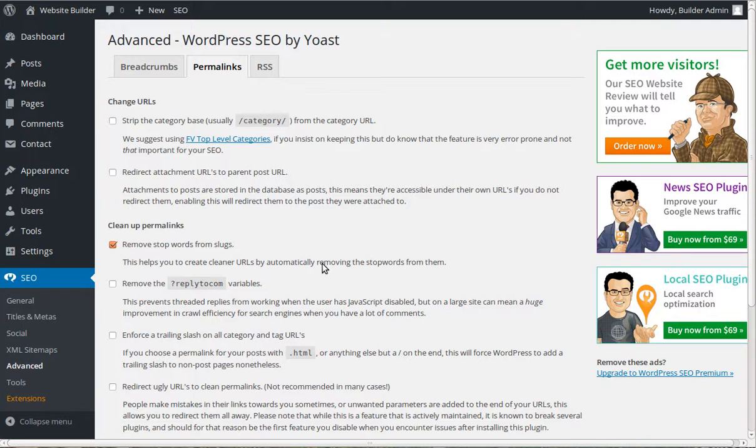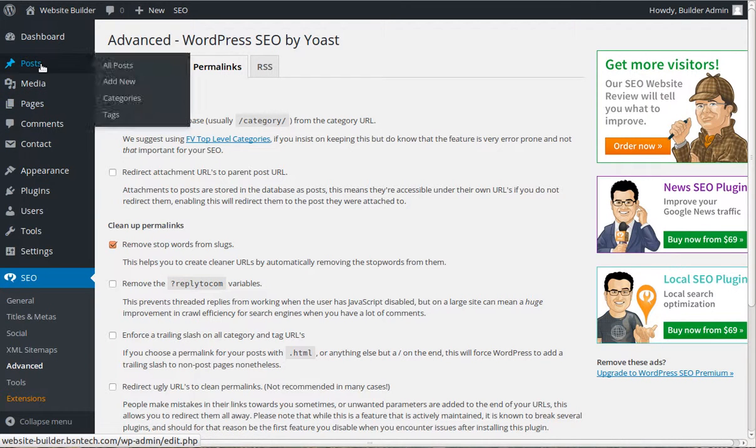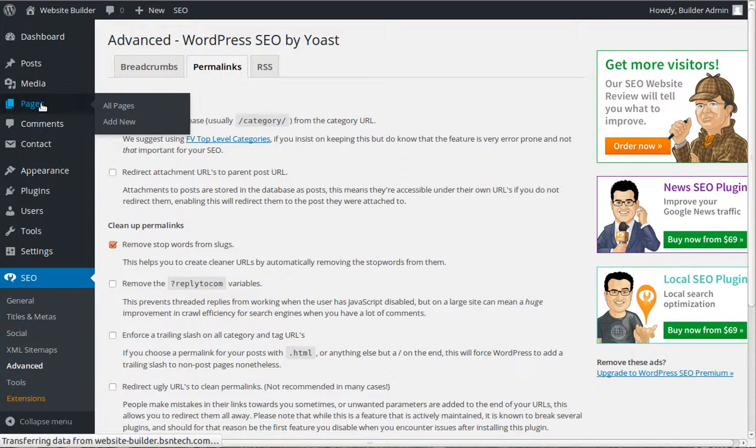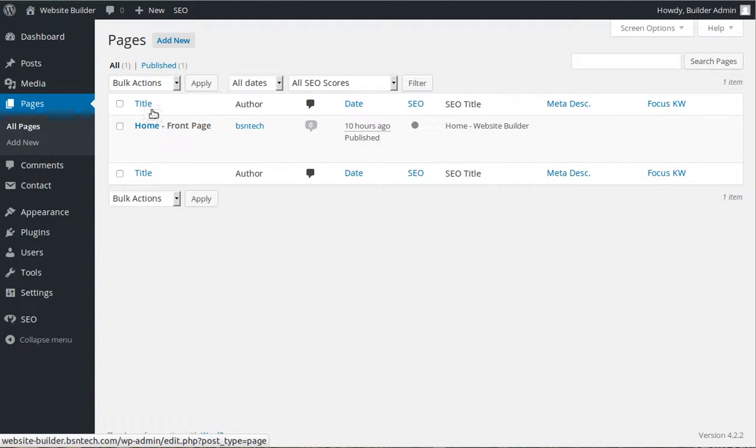Okay, so what about actually doing the keywords and the meta tags, like the descriptions for each page? To do that, you will either click on Pages or Posts. Posts are items that would appear in your blog. Pages would be actual pages for your website. So already, we can see here that it's gray for SEO. It's got the SEO title, but we have not put a meta description or a keyword in here. To change that, you just click the name to edit it,